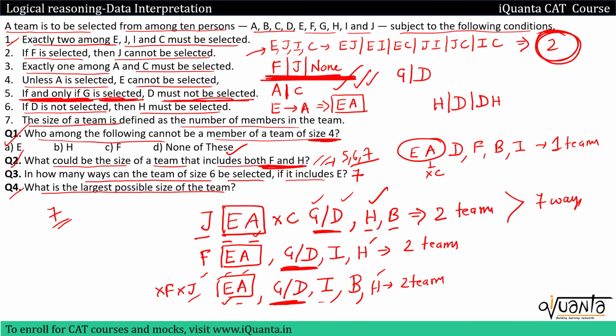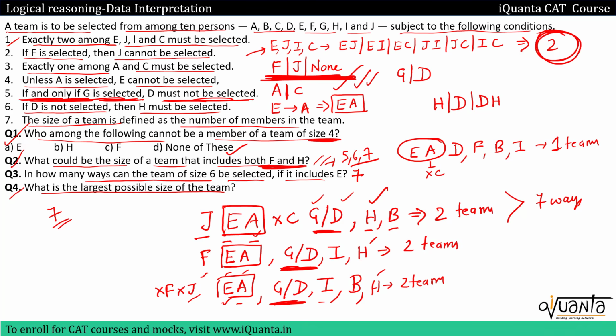See, questions based upon selection are always lengthy because a lot of cases are involved, but again you can definitely solve 2 or 3 questions from it. Like this, the 4th question, what is the largest possible size of the team? You can solve this question because all the conditions are given to us. You just have to form a team, and you can always put all the people in a team first, like 10 people at once. Then you can keep eliminating those which cannot be together. From that you can quickly get the largest possible size of the team.